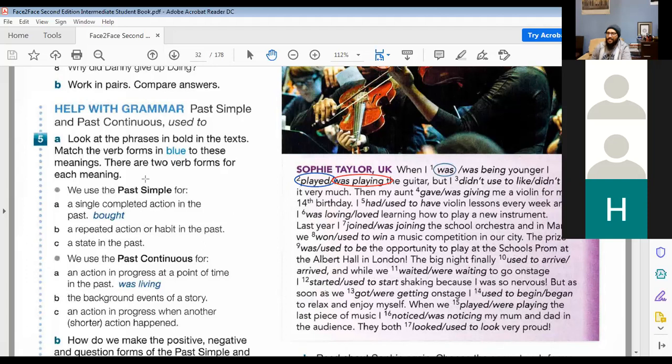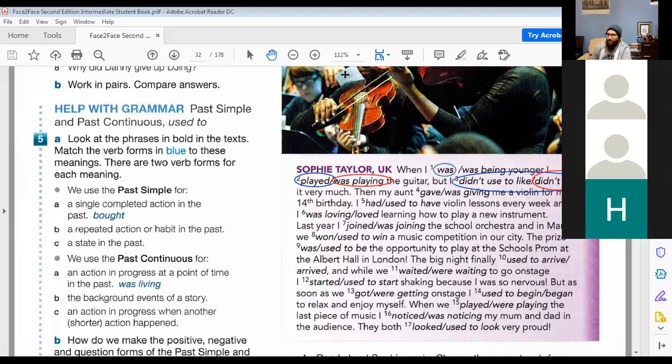So we all agree. Okay, but let's finish all of it first, because this way we can connect the whole story. "I was playing the guitar, but I didn't used to like," and both of them are correct, I think. Okay. For me, I choose "didn't like it very much." Okay, so for you, "didn't like." Okay. Continue. Then